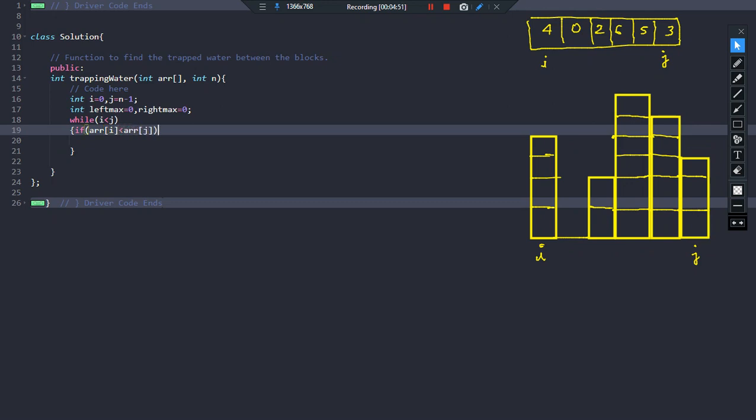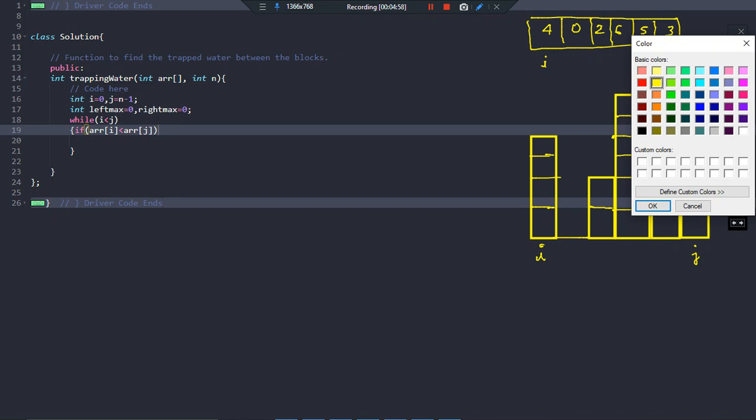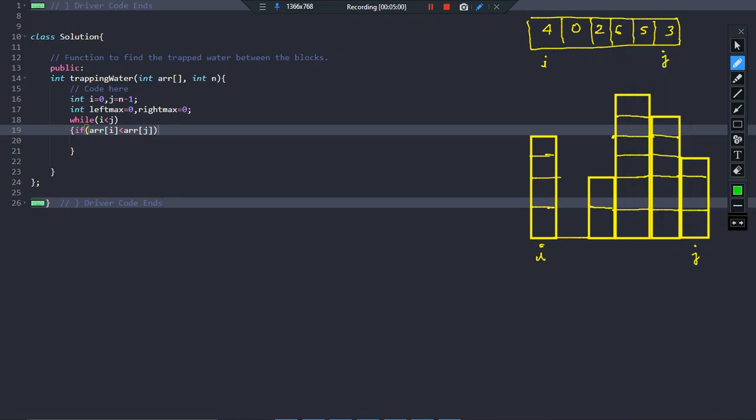So before discussing this, if you remember, in the earlier approach, at any instant of time, for any specific tower, we used to keep track of the maximum height in the left and the maximum height in the right, and then we used to take the minimum of the two values. We used to pick the minimum of those values and subtract the tower's height from it to get the amount of water that can be stored above this tower, right?